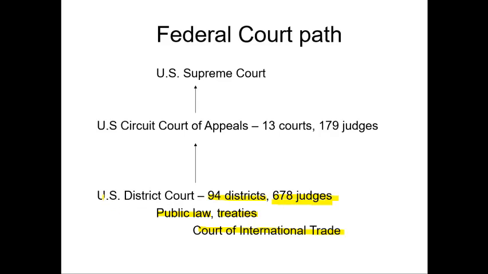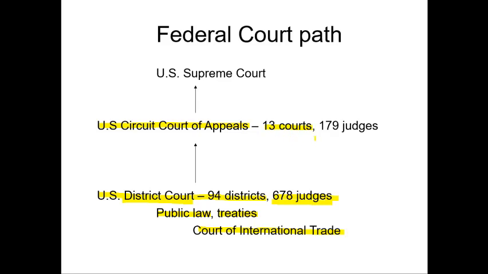So what we have here is the U.S. District Court is the original jurisdiction. Then we go up the chain. If you want to appeal a district court decision, then you would go, as I showed you on that map, to the U.S. Circuit Court of Appeals. And as you will recall, there were 13 of those courts. We had 11 regions, as well as the 2 additional courts in Washington, D.C.